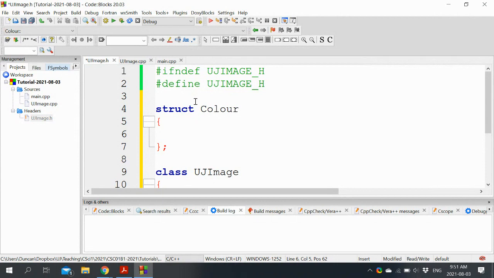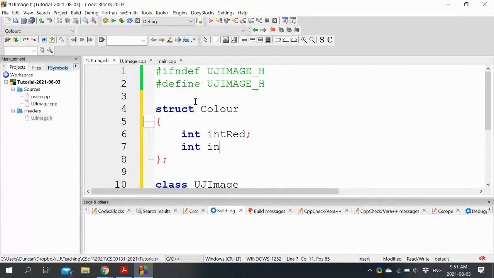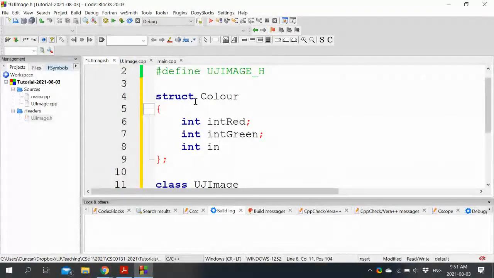We will delegate the task of converting to grayscale to a grayscale converter class that will do the work for us. So let's just have our colors, red, green, blue. And just to remind us about when we use structures and when we use classes, our rule of thumb will be if it's just data, we will use a structure.